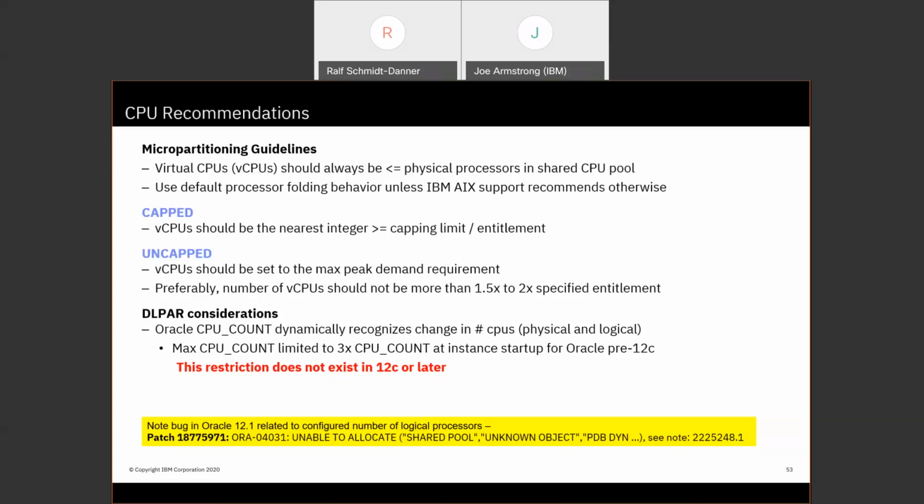If you have an uncapped LPAR, an LPAR which can grow, is more dynamic, and can go above its entitlement, a guaranteed resource allocation, for example to handle peaks, you do not want to go overboard with the number of virtual processors you specify. The rule of thumb is maybe 1.5 to 2x the entitlement. If you specify too many virtual processors,